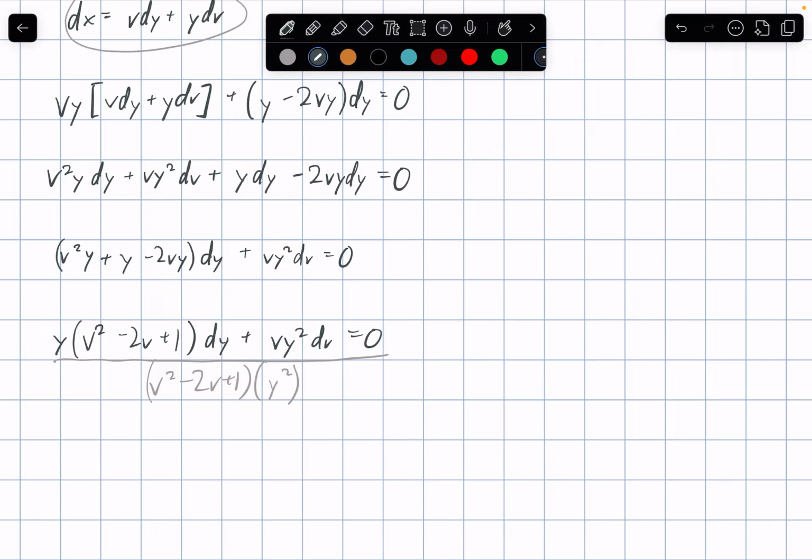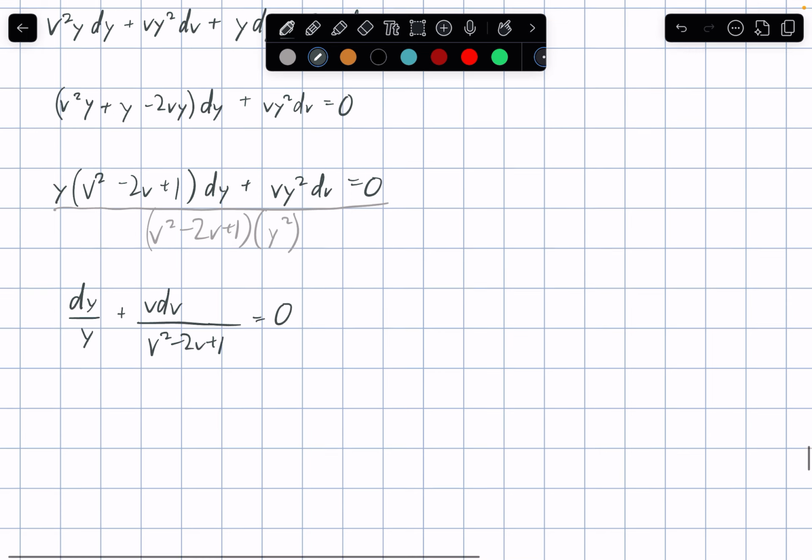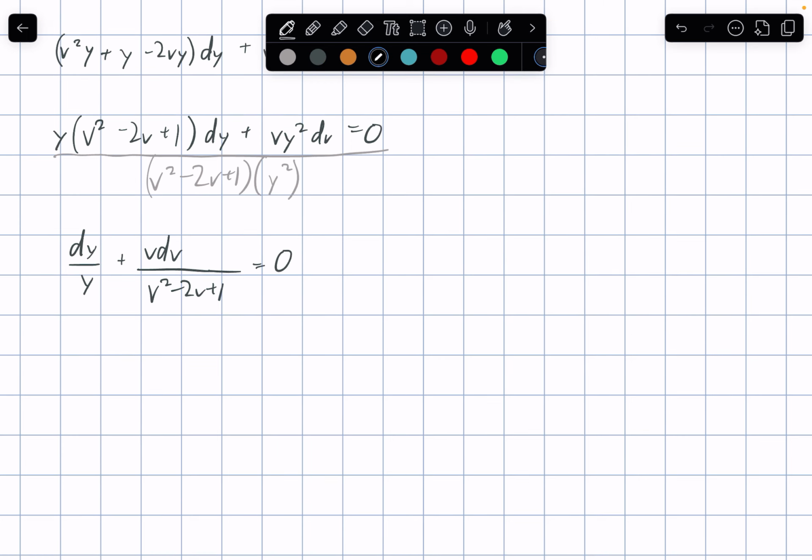So y squared. Now let's simplify. We have dy over y plus v dv over v squared minus 2v plus 1 equal to 0. Okay, now let's start integrating. So ln y plus,